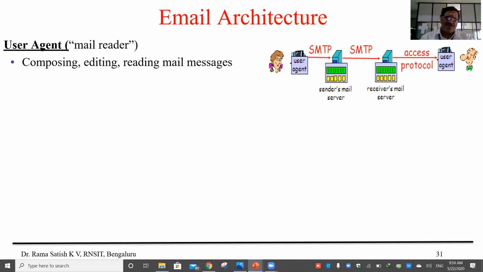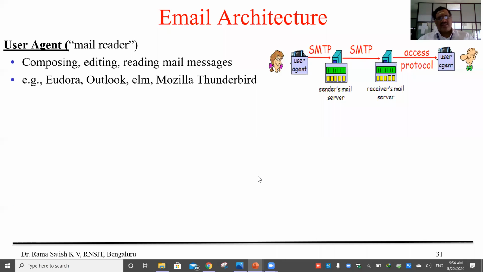The person who sends, edits, and reads the mail is a user agent. And of course, sometimes the user agent may not be a human being. It may be software also.